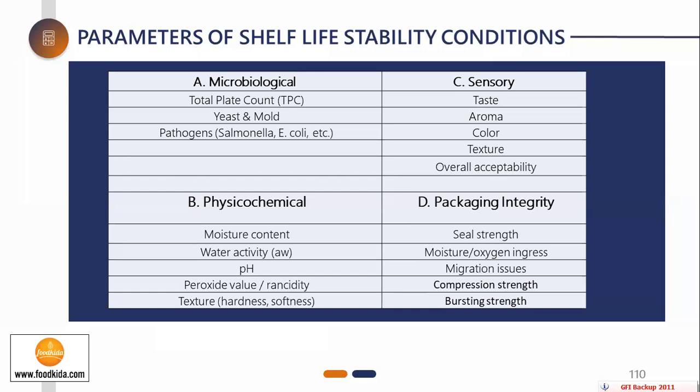Then texture, hardness, softness, or if it's a culinary sauce, you can monitor the viscosity of it. For powders, if you want, you can monitor the particle size, the premixes, but I don't think a major change will happen in the particle size. For powders, most important is moisture content. For sauces and such things, pH is also very important along with the viscosity. You can add viscosity for culinary sauces and other products. Then for packaging integrity,